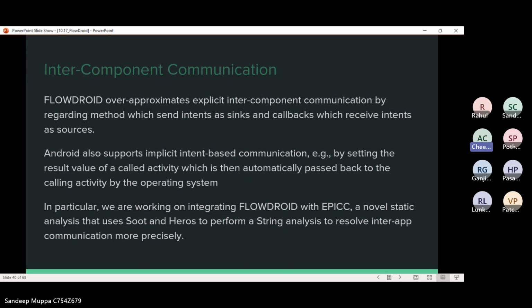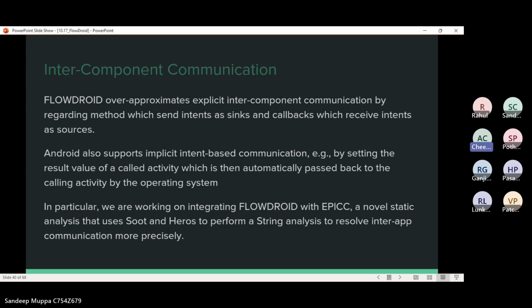To address this limitation and improve the precision of the inter-app communication analysis, there is ongoing work to integrate FlowDroid with EPICC. EPICC is a static analysis tool that utilizes Soot and Heros to perform string analysis, allowing more accurate resolution of inter-app communication.